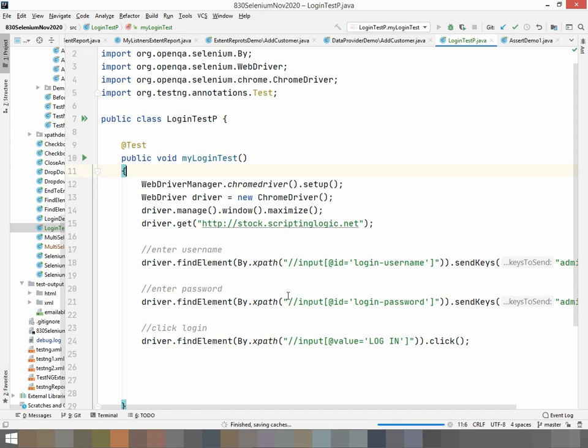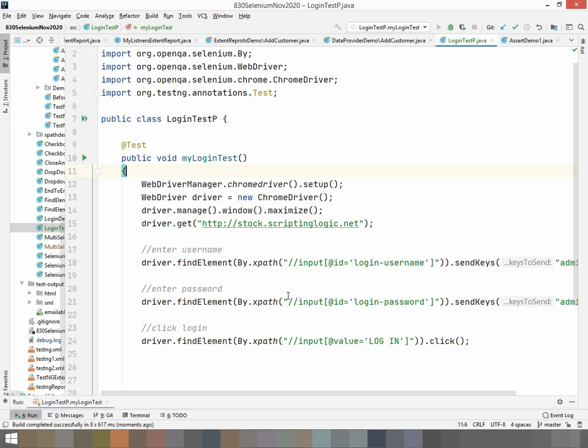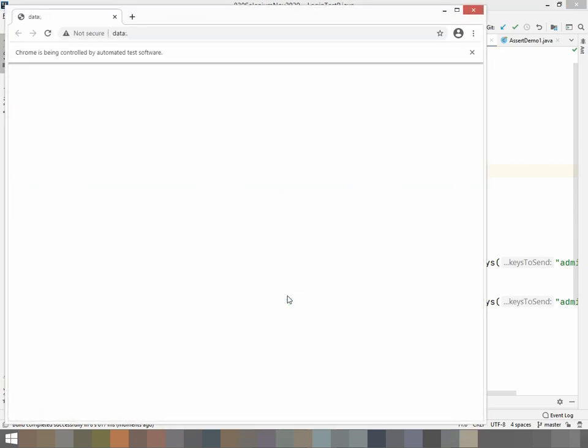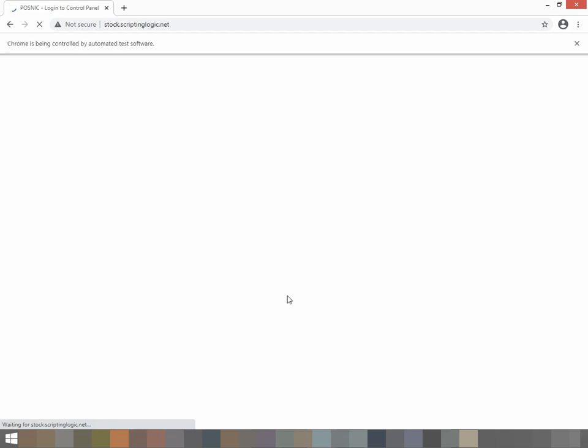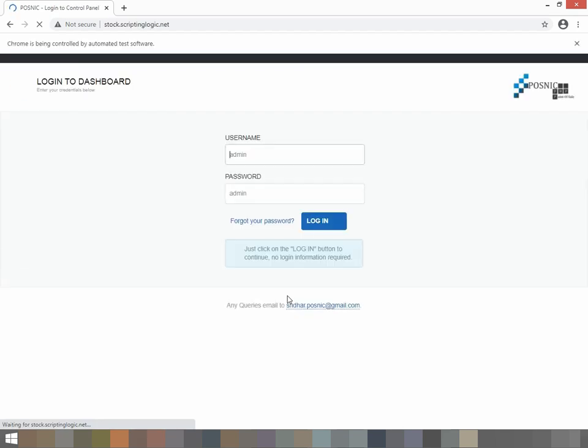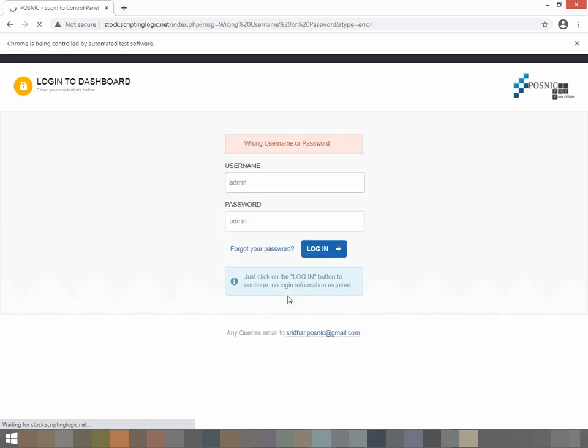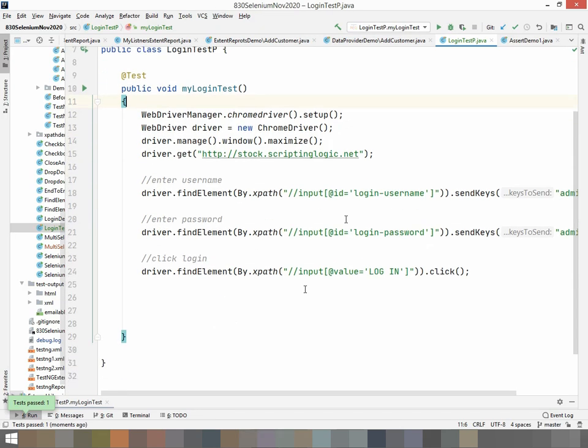So if I manage to do the login operation, then we will proceed to create a properties file. Okay, so browser is opened, it is maximized. Web page is opened, username will be typed now, password is typed, and the login button is clicked. So this is the wrong username and password, that's okay, but we saw that username and password are taken and login button is also clicked. So in this way the operation happened.